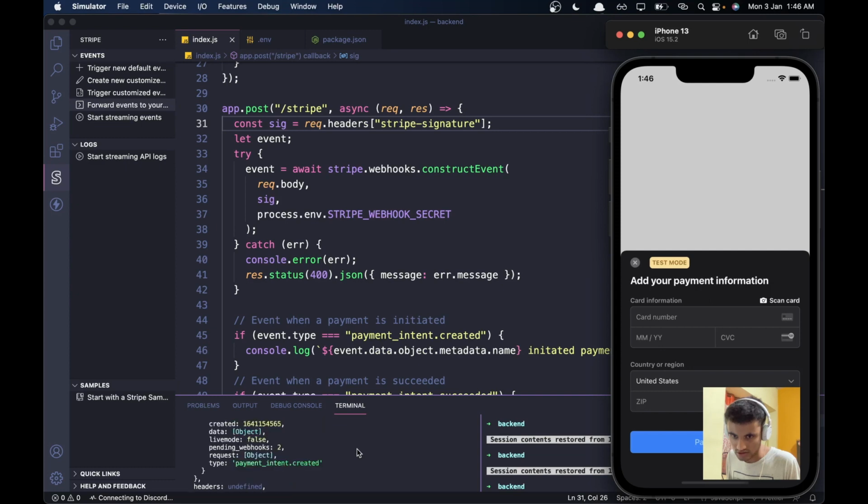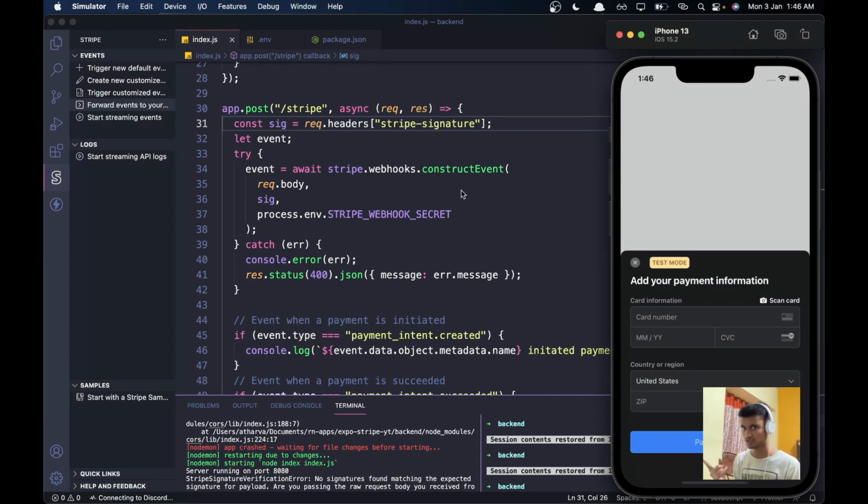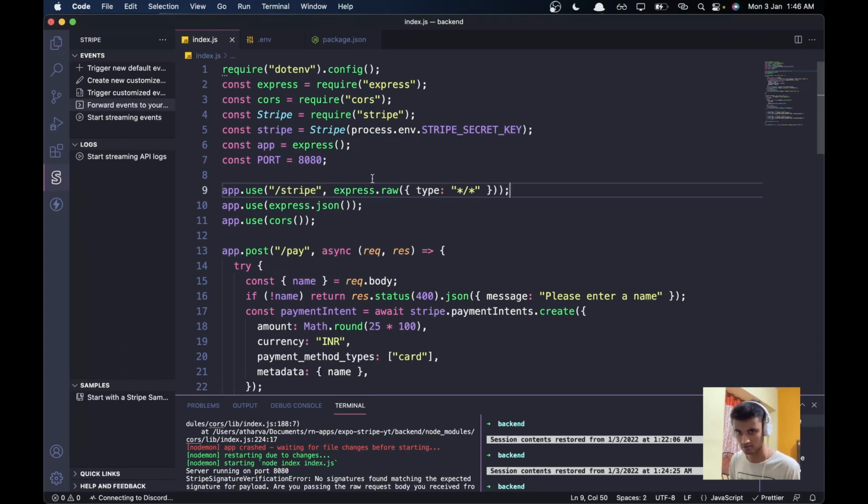Okay, now what does this have to say? It says it got the header this time, but now this time it says no signature found matching expected. Okay, so now this thing, you will get this error, and I did get this error a lot of times, and I was wondering how to fix it. Now there is one solution. There is one express middleware you need to use so that this gets fixed, and just go back to your express.json thing, and paste this thing, and remember to change this with whatever route you are using for your Stripe